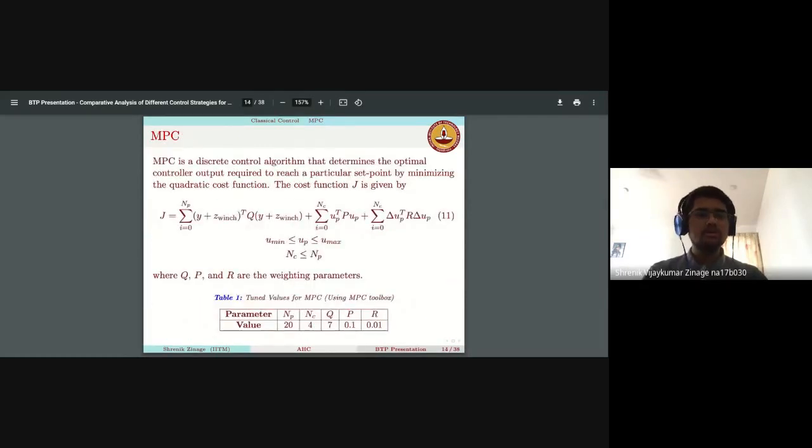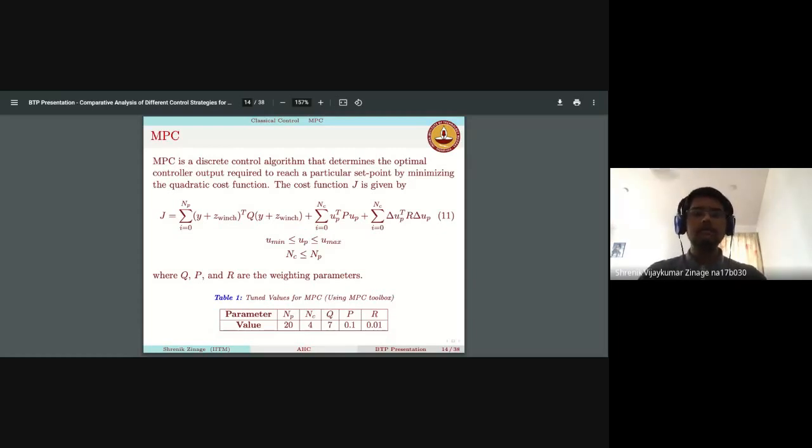Okay. Now talking about MPC. MPC is a kind of discrete control algorithm that tries to minimize the cost optimization given by equation number 11. Inside that equation, we have this Q, P, and R, right? These are actually changed depending on our performance requirement. If you want to add more weightage to the compensated motion, I would give Q a higher value and P and R a lower value. So this is what I did. I gave Q a higher value and P and R 0.1 and 0.01, because I don't want the controller to shoot up to infinity in order to achieve its compensation ability.